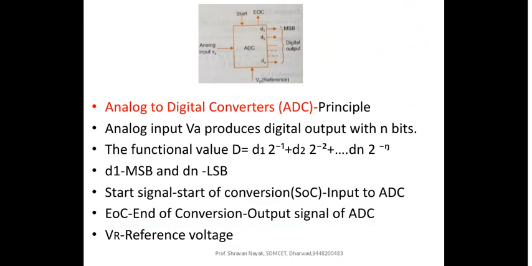So this gives us the basic structure of how your analog to digital converter should look. In our subsequent presentations, we will go into the most important part: how exactly the conversion takes place. We will look into the internal blocks here. What are the different methods that we follow to convert an analog signal into its digital equivalent? Which methods are beneficial? Which methods are costly? Which methods are hassle free? All those things we will see in our subsequent presentations.